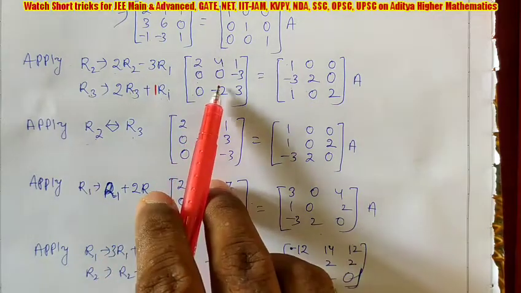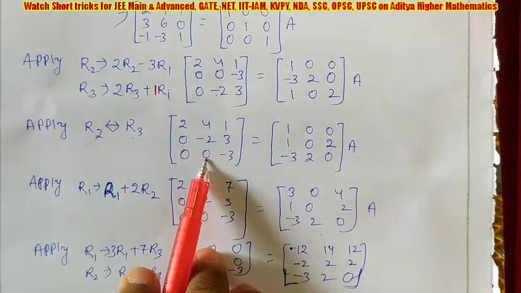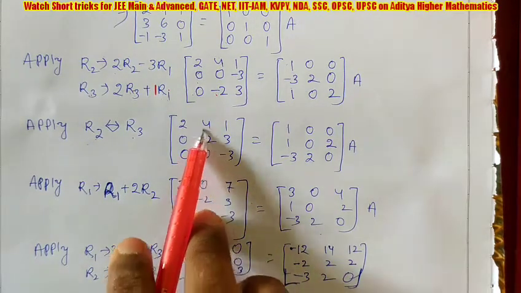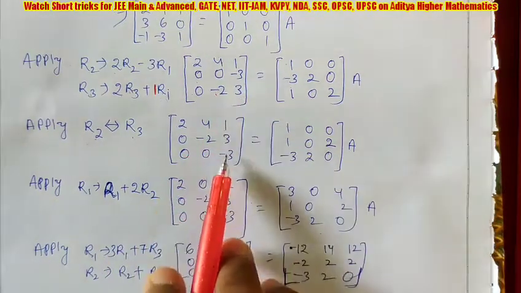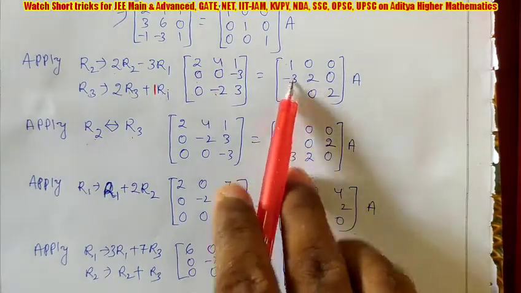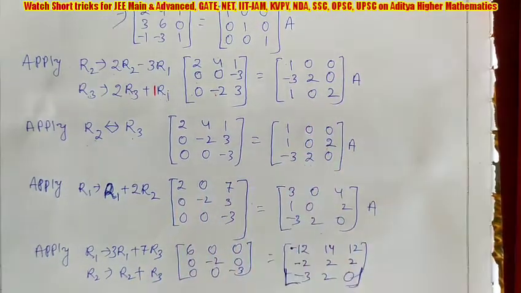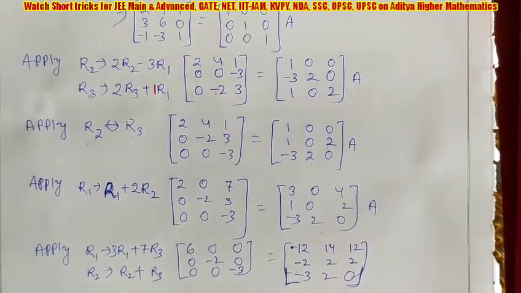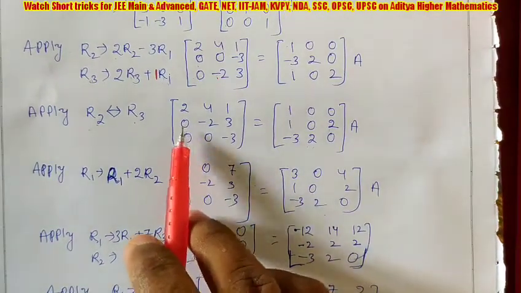But in second column, R2 and R3 interchange, it is minus 2, 0. We need 1 zero here, so we got 1 zero. We need 1 non-zero, so we got non-zero. Next minus 3, 3, so 3 minus 3. 1 minus 3, 2, 0, 0, 2, and 0, 2 is 2, 0. We have interchanged. So understood? So you have to interchange like this. What we already made zeros before, it does not affect.